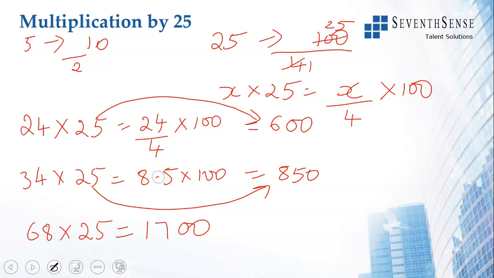Sometimes you might get a decimal that has 2 digits. We might get 8.52, or you might get 8.75, when you are dividing a 2-digit number or 3-digit number. Then you move the decimal 2 places to the right, because for 10 you move it 1 place, for 100 you move it 2 places. To multiply by 5, you divide the number by 2 and multiply by 10. To multiply by 25, you divide the number by 4 and multiply by 100.